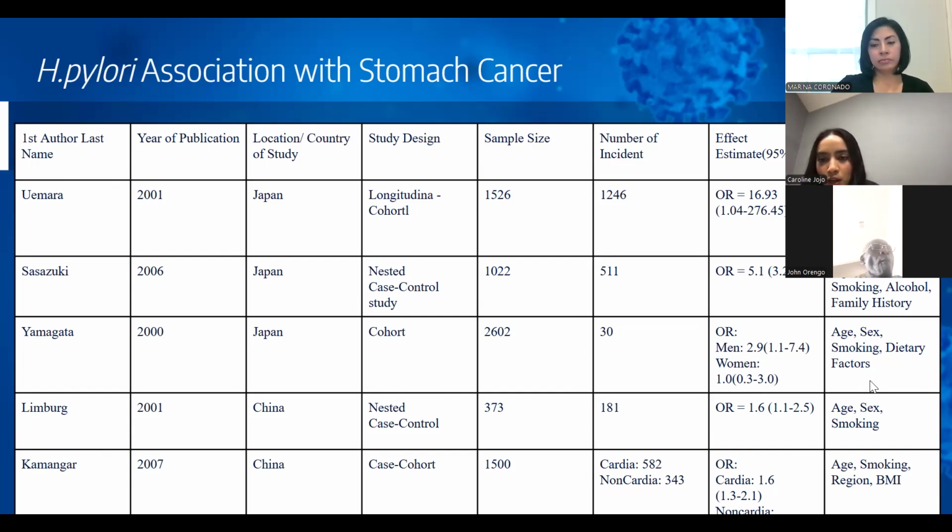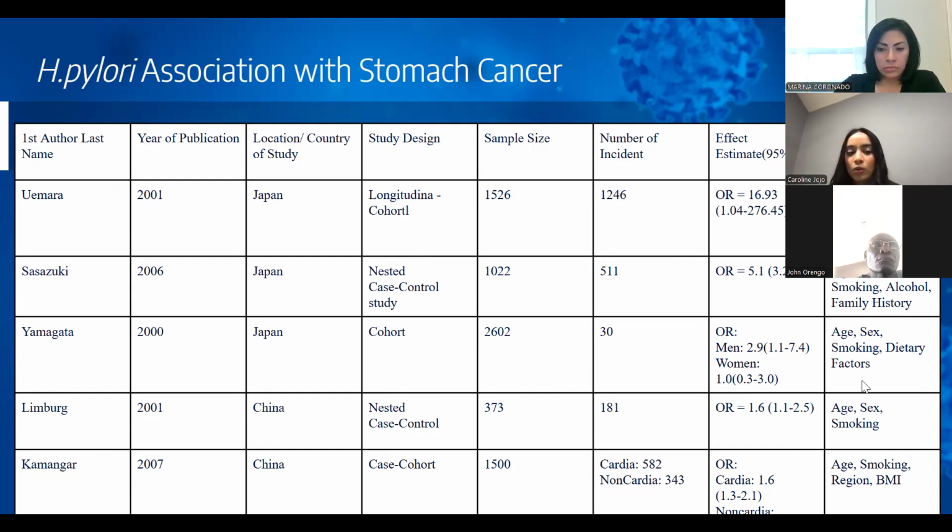And some things that we want to note about these studies specifically: as we can see in the Limburg study, the odds ratio was much lower, as well as in the Komminger study, it's also only around 1.6. So even though these ones do have a lower odds ratio compared to, for example, the Yamari study, which had a 16.93 odds ratio, we can see that that is likely due to the fact that significantly fewer confounders were controlled for. So there's a lot more outside factors that were affecting those results.